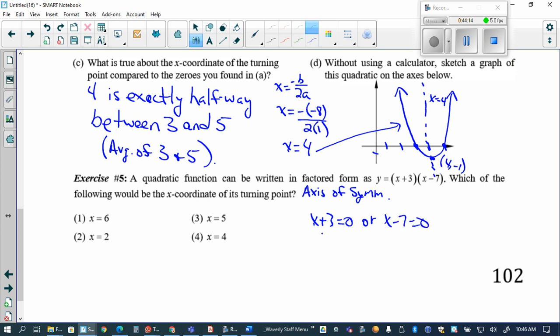What's this root? -3. What's this root? We can take the average of those 2 numbers. So let's do the average of the roots. -3 plus 7 divided by 2 equals